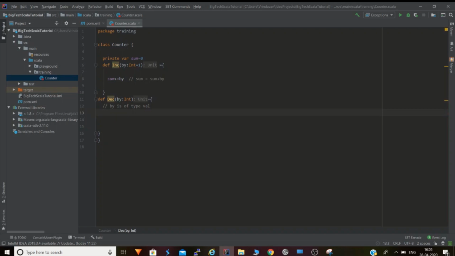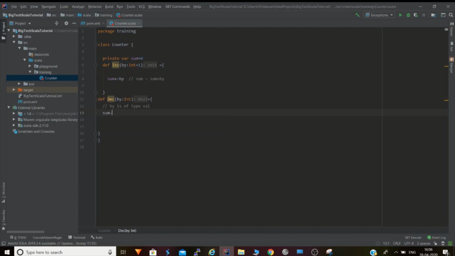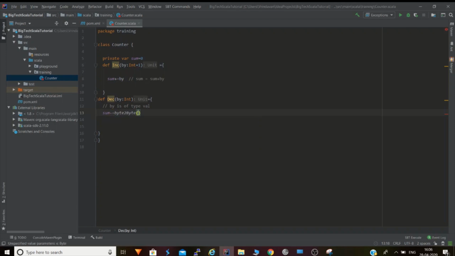Now we'll decrement it by 1, whatever the by value is. If you want to decrement it by 1, then you pass the by value as 1, otherwise by default it will take 1. So this is our implementation.